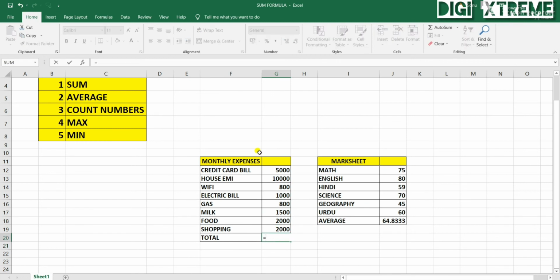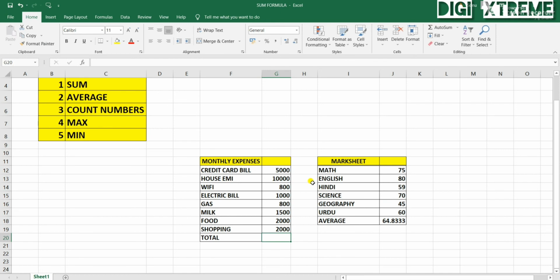We can also use this formula in the same way like we used with the sum and average. Let me show you. Count. Now I have pressed tab. Now select the first cell number, column, now the last one, bracket close. So you can see it has given the value 8.